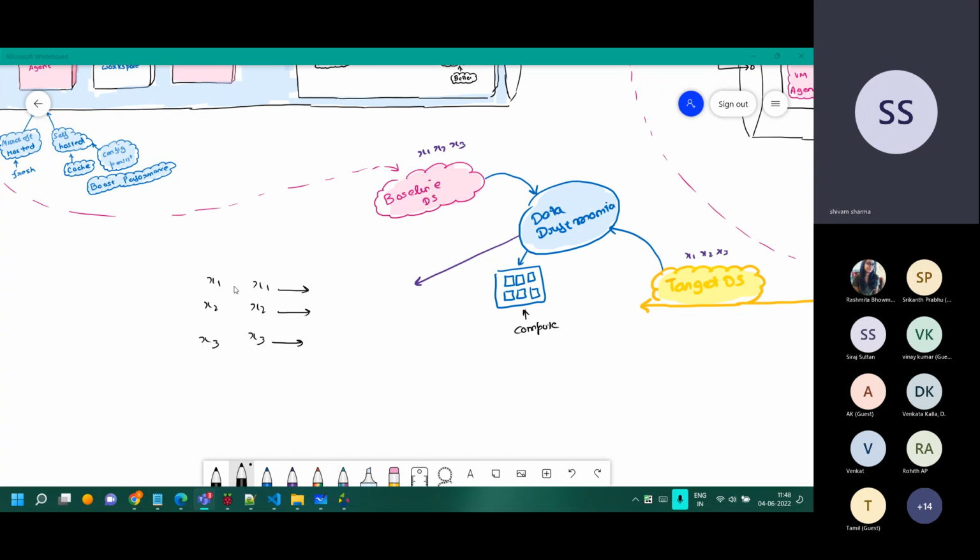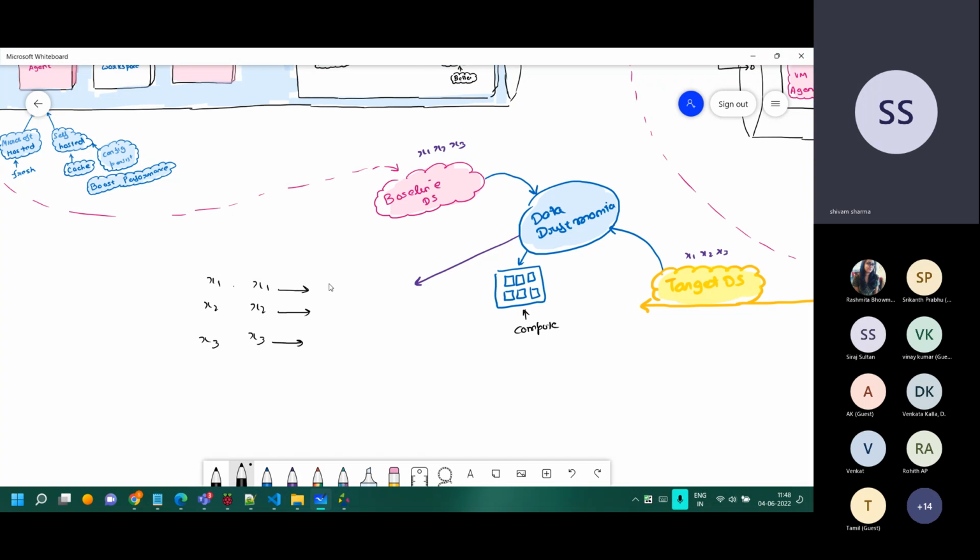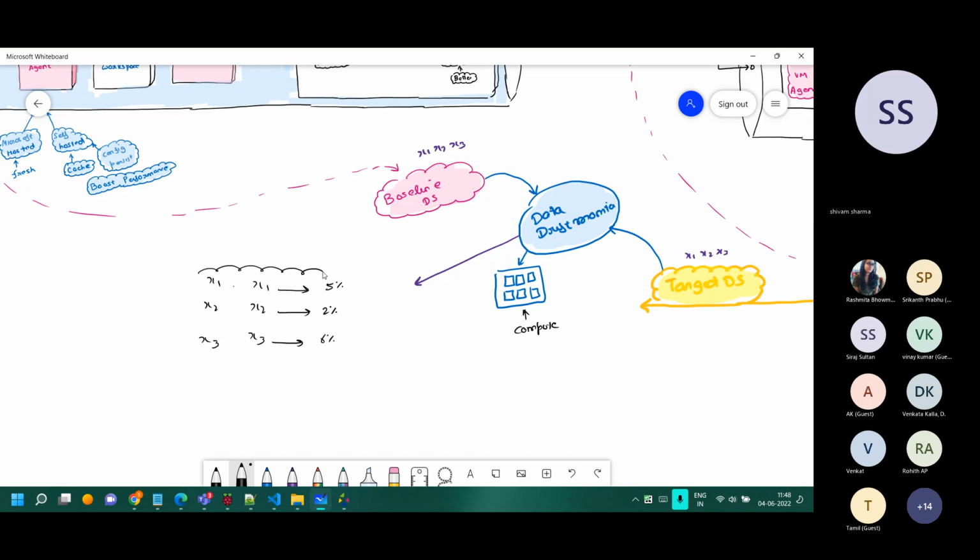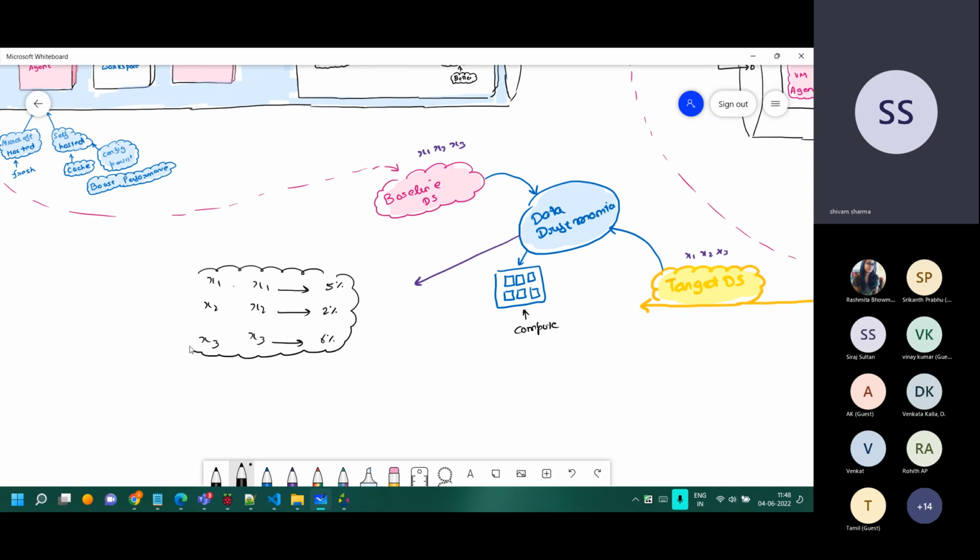And that drift will be available in percentage terms, like some 2% drift, 5% drift, some X amount of drift, and so on. It will also give us the overall drift, like the entire data set has drifted from the other data set by some percentage, maybe 10% drift or 30%, 40%, and so on. There is a threshold which you have to define.